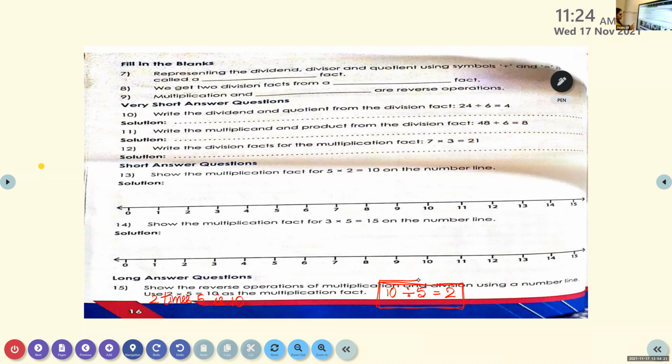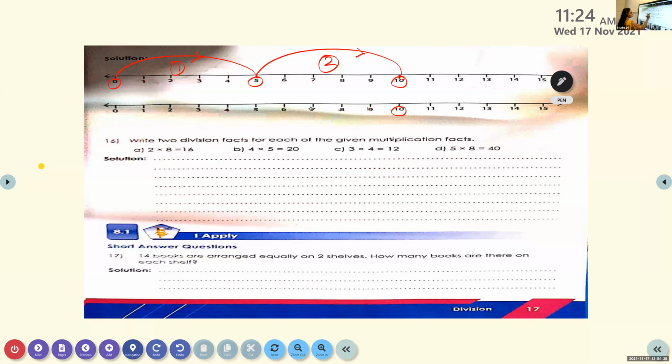You have circled 10. Next, which number is to be circled? 5. According to the second number, you have to circle. Isn't it? All the fifth number is to be circled and it should go backward. So 10, then 1, 2, 3, 4, 5. Then 0. 1, 2, 3, 4, 5 till 0. In multiplication from 0 to 10. In division from 10 to 0. All the fifth number. Then from where to where the first jump is to be taken?